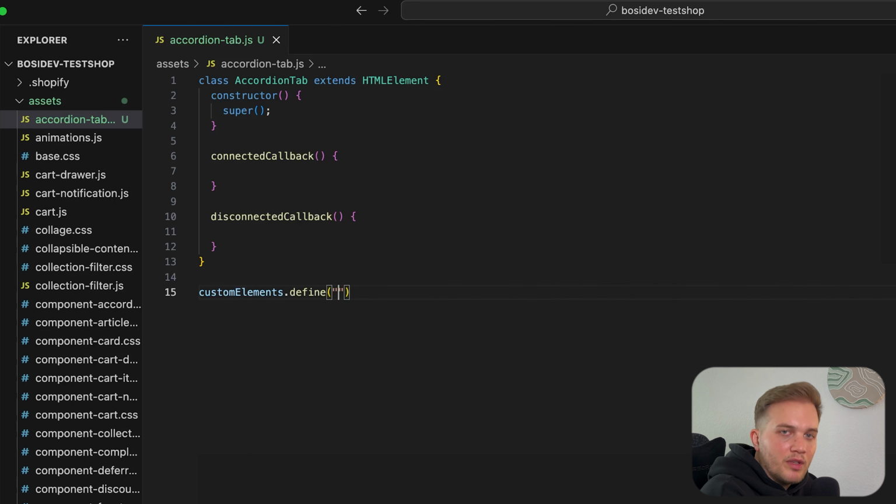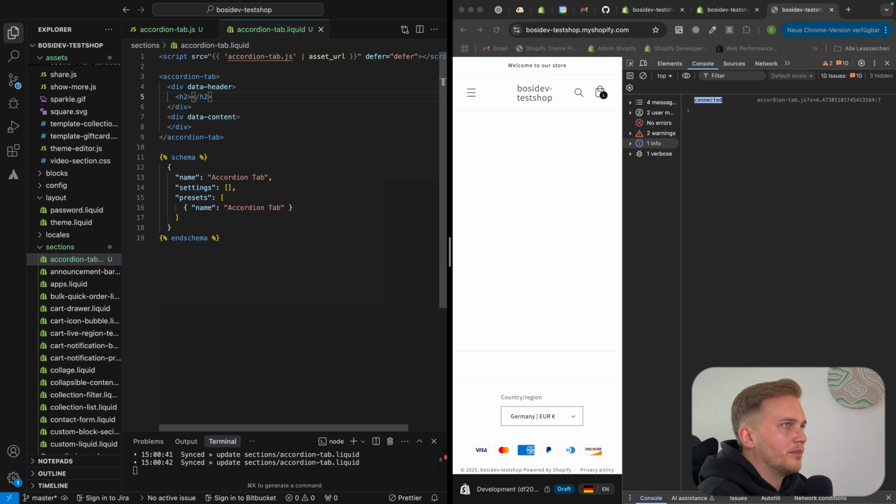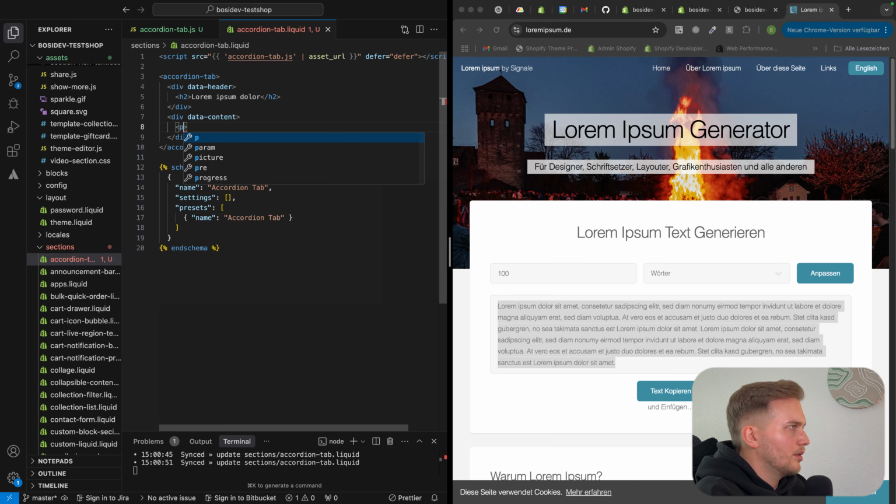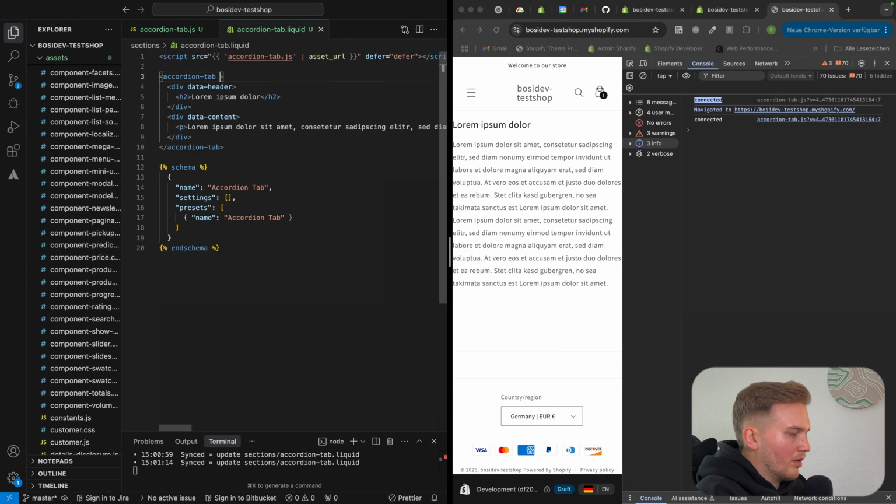So for this, we go back to our section and create a div that has the attribute data-header. When we click on the header, the content expands. So we also need a content, which we can call data-content. And in here, I'm just going to put some default text, and also in here with a paragraph tag, also add some CSS so it looks better. I created also the CSS, and let's implement this in the section. Perfect. Now we have this section with the heading and the content, but it's still not working as an accordion